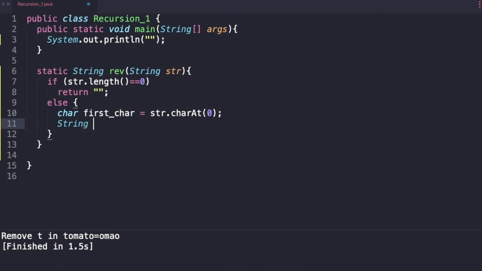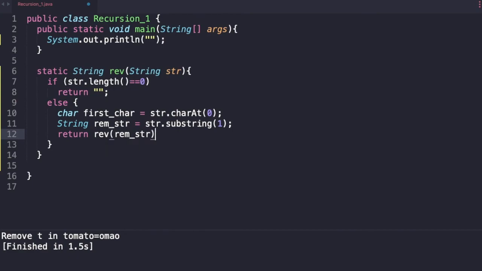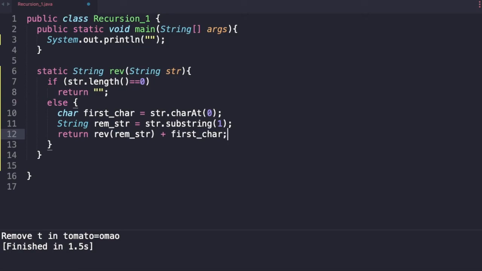String remaining string is equal to str dot substring 1. And what do we return here? Return reverse of remaining string plus first char. So remember this, this is what we discussed. So first we will do reverse of remaining string, and then we will concatenate the first char.